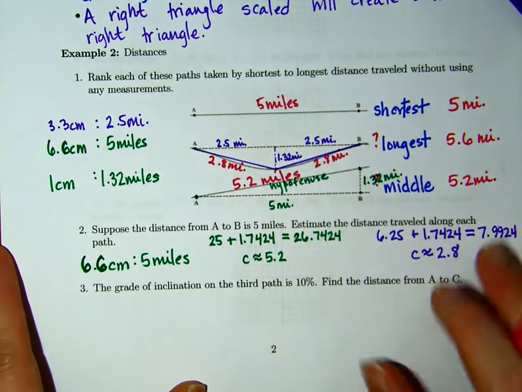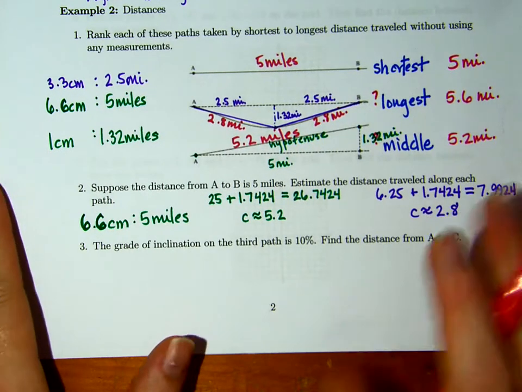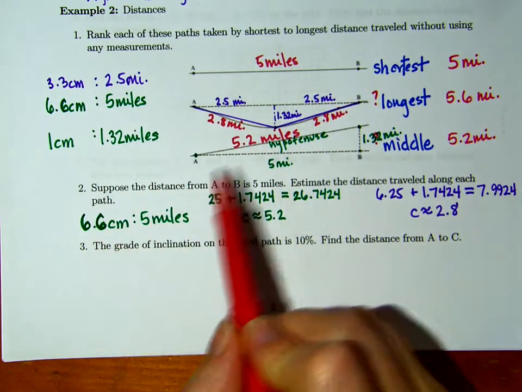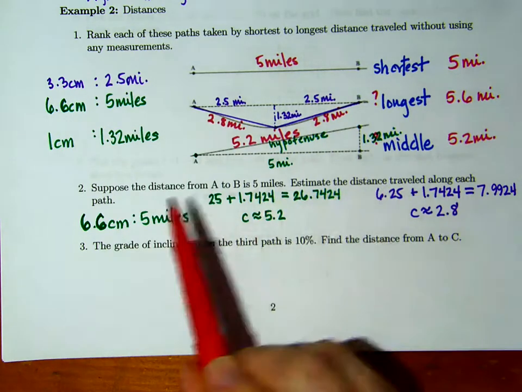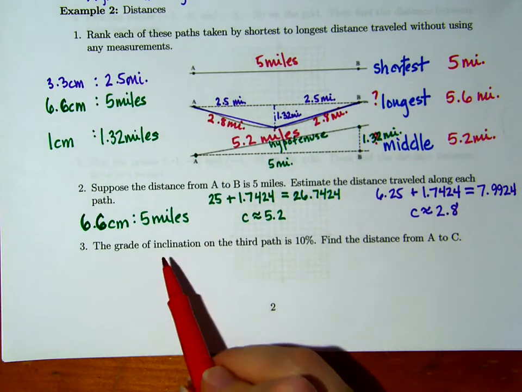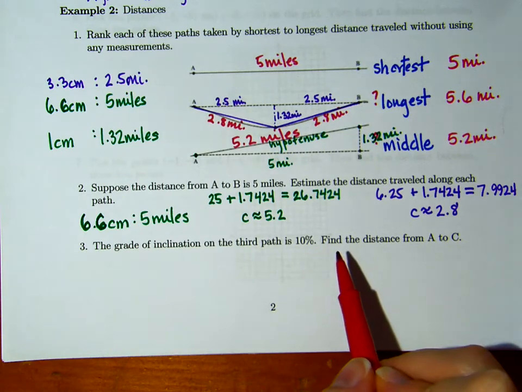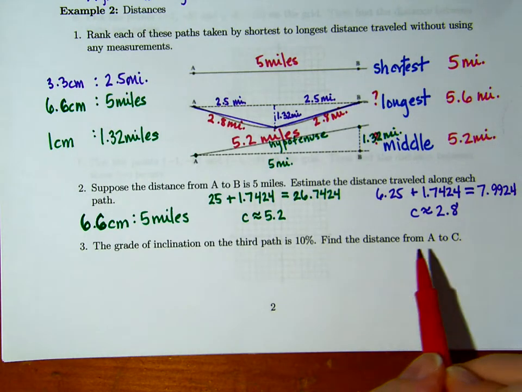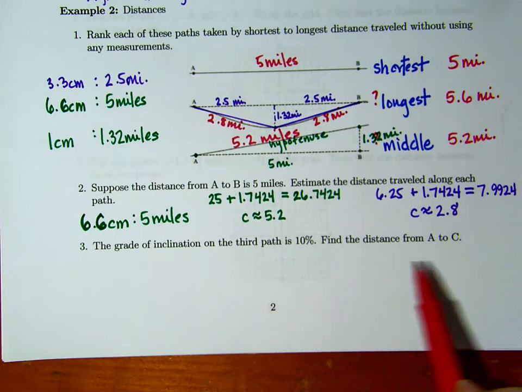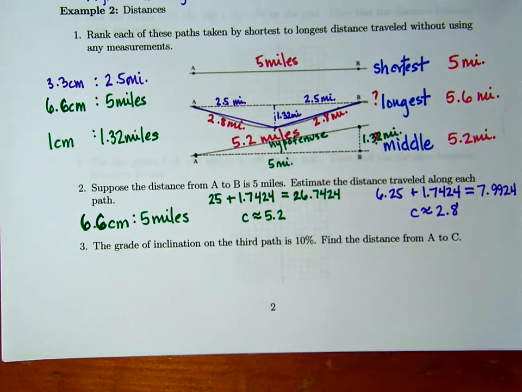Sorry that I wanted to jump to an analysis before maybe trusting my gut. So suppose that distance was 5. Estimate the distance traveled along each path. We went up there and we actually did that. The grade of inclination on the third path is 10%. Find the distance. Okay, so we actually found the distance on this third path, but